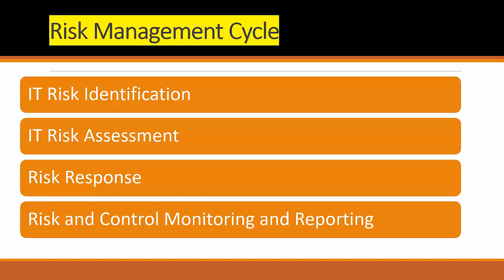Failure to perform any one of the phases in a complete and thorough manner may result in deficiencies being carried forward and cause the overall process to be ineffective. Okay, one more important thing which I missed in risk and control monitoring: we also set the KRI and KPI by which we monitor that the risk is not exceeding my capacity or residual risk is not exceeding my appetite. So that kind of thing we have.